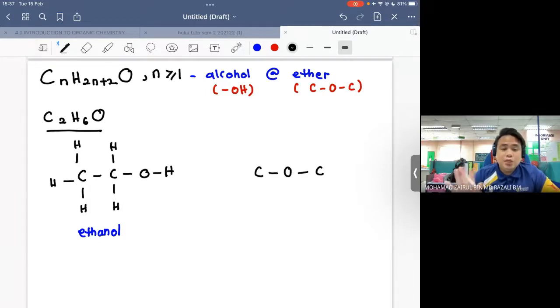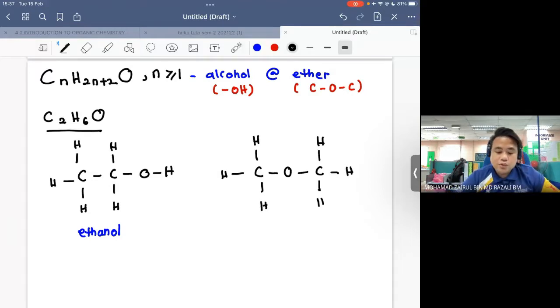Okay, and kita dah guna dah semua carbon. So yang tinggal kita hanya perlu fill up dengan hydrogen. So if you count the number of carbon, number of hydrogen and also the number of oxygen, dia sama. Tapi yang membezakan dia adalah the functional group. Okay, the functional group. So this one, the name is dimethyl